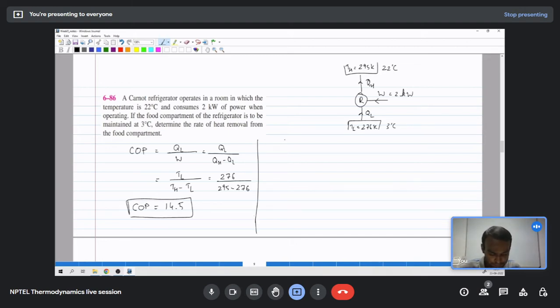So now QL can be written as COP into W, and here COP is 14.5 into W is 2 kilowatt, so this becomes 29 kilowatt. I hope this problem is clear. Moving on,